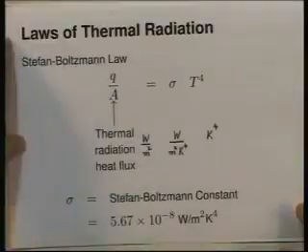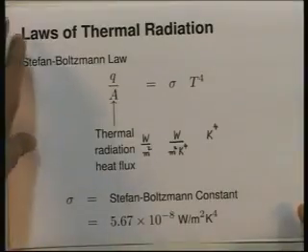The nature of the Stefan-Boltzmann law, Q by A proportional to T to the power of 4, was derived by Stefan and Boltzmann based on certain considerations, thermodynamics, etc. The constant comes from experimental data, 5.67 into 10 to the minus 8 watts per meter squared Kelvin to the power of 4. This is the law of radiation, subsidiary law of radiation, which we will use quite often, but